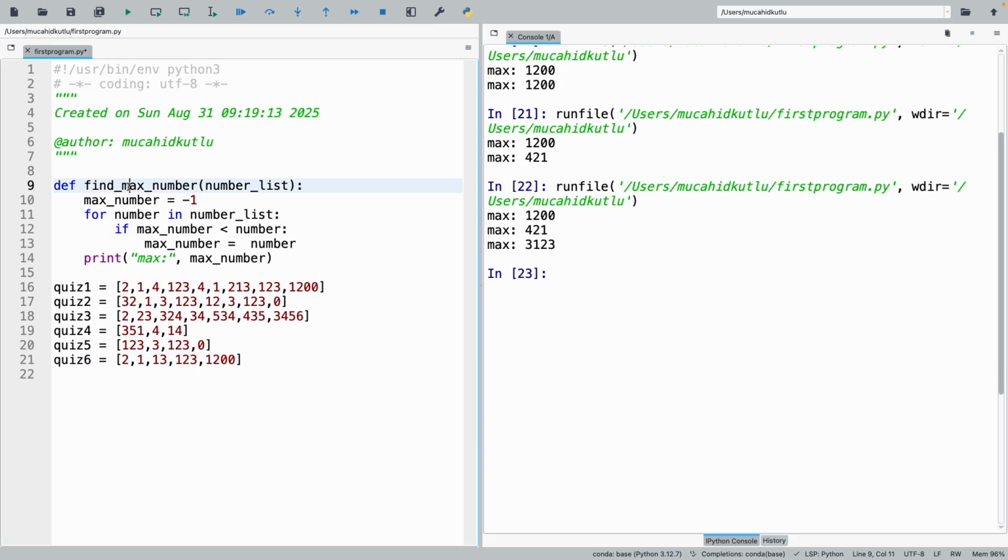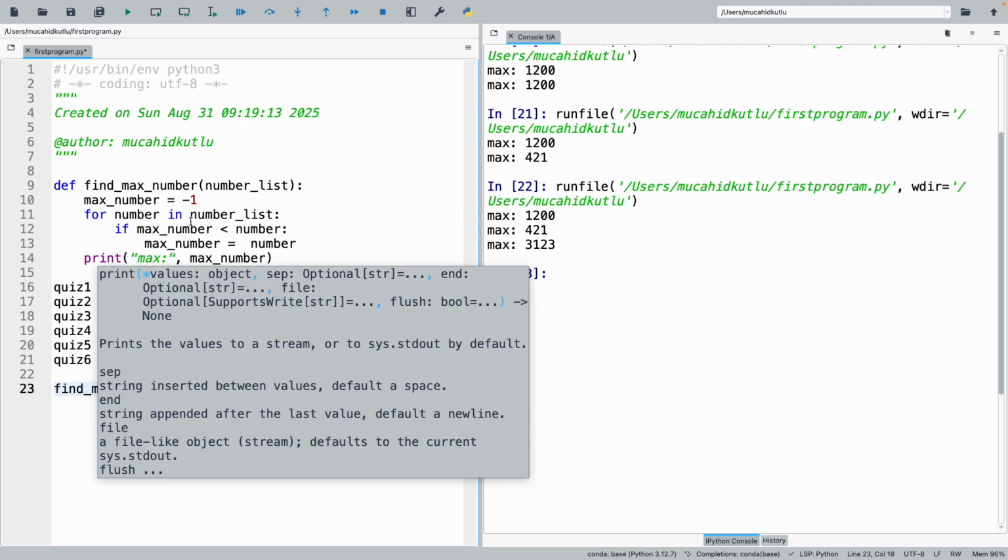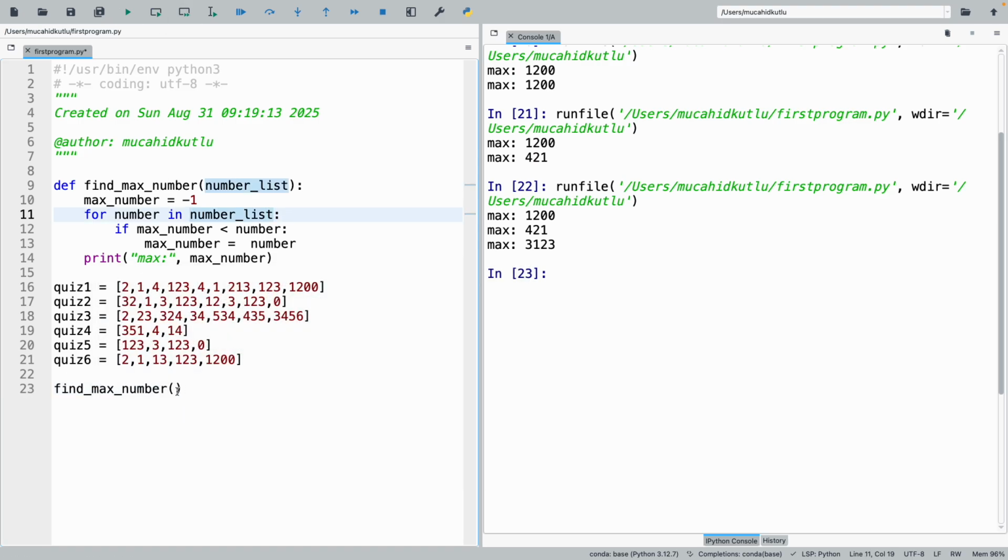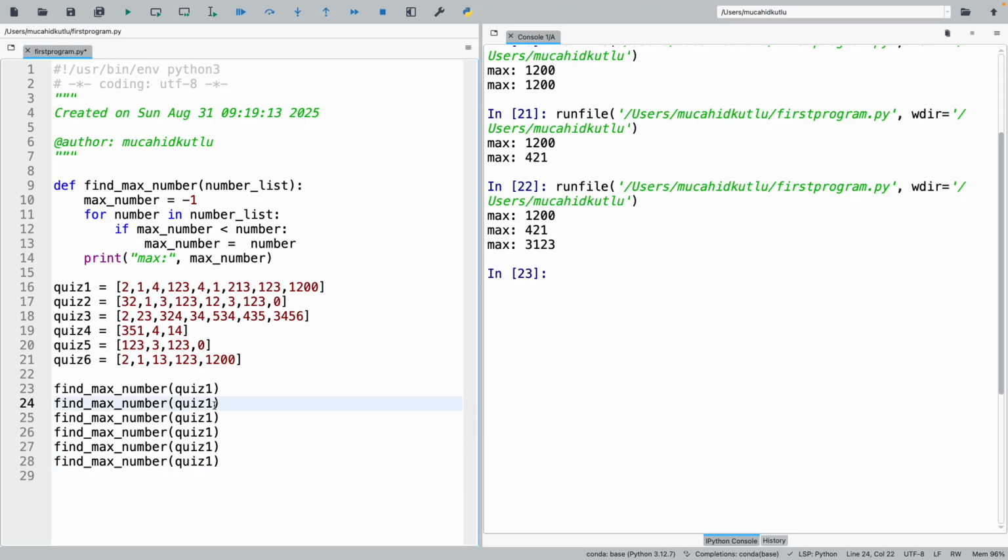So what I will do is, okay, you want me to find the maximum number in quiz 1. Then you can use this function that I defined here, and just give me these quiz 1 numbers. So I will give these quiz 1 numbers as a parameter. So this is quiz 1. Now this is quiz 2, 3, 4, 5, 6. So I'll just change the number that I provide. It will be 5. It will be 6. And that's it. Now what will happen is,